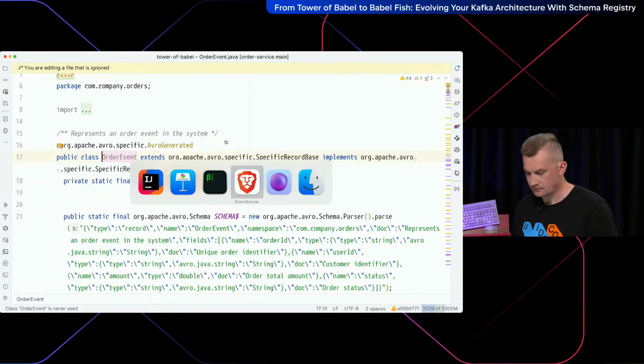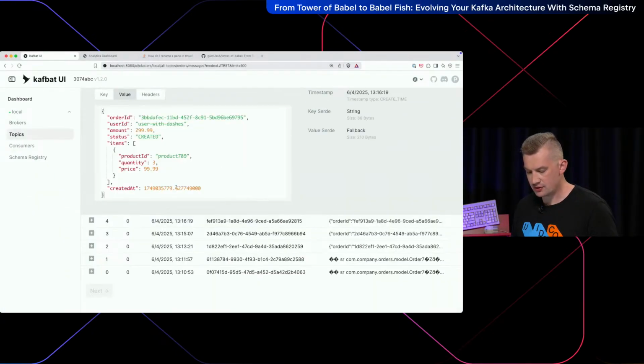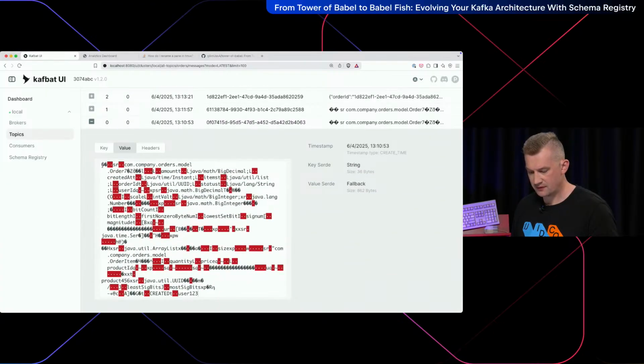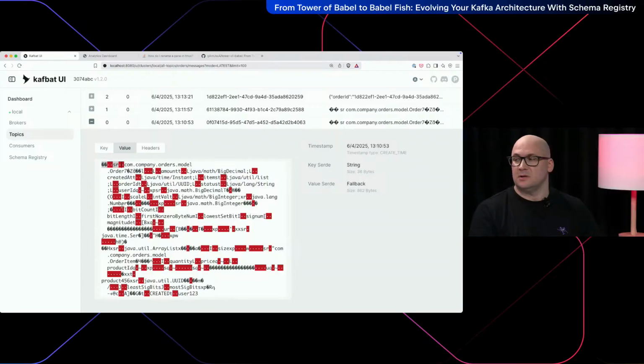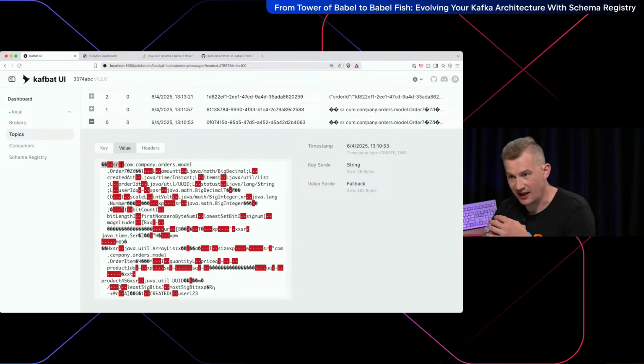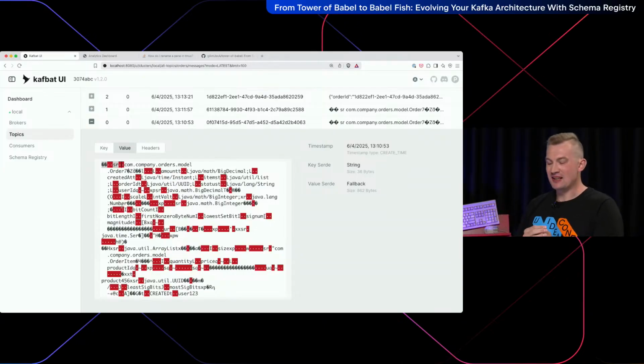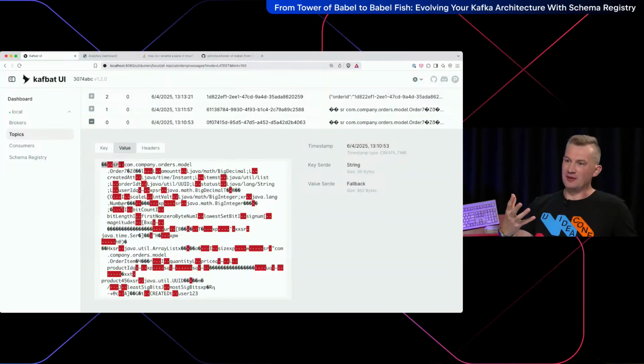Remember, I showed you this strange-looking object that starts with blah blah blah SR. So there is a control byte sequence. Since I used mystical slides for my presentation, let's call it the magical byte. And this is how I should actually call it in documentation. Essentially, when we were talking about the architecture, you actually guessed a lot of these things. Inside this serialized object, we have a pointer that says this object was encoded with schema blah, version blah. And when the client receives it, the client will read these first bytes and say,